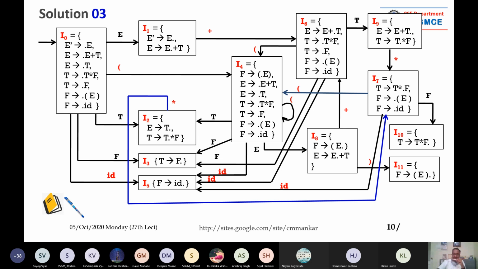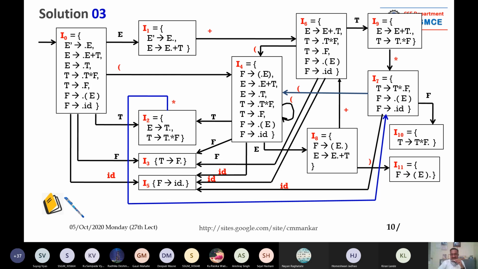So in this way, you observe the complete state to state transition from all the items, I1, I2, I3, or whatever. See here, I7 is there. If you collect the ID item, ID dot is in front of ID, the last production rule. In I7, there are 3 production rules. So there is a blue line, there is a black line emerging from I7. It is going into set number I5 on input ID. ID is printed in red color.